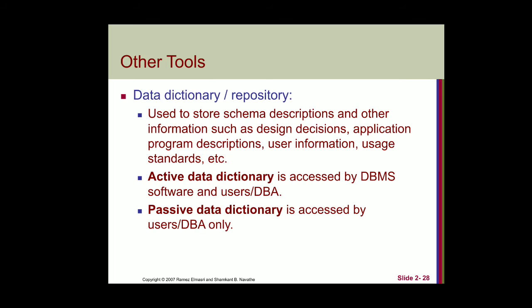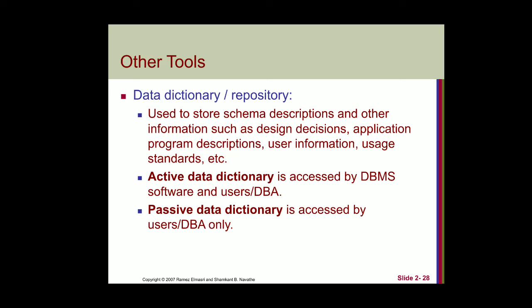Apart from those, we have other tools like the data dictionary or the repository, which is used to store schema descriptions and other information such as design decisions. When we build a particular database, we take some decisions, right? Based on a decision, by interacting with the various stakeholders, a particular design will be finalized. Why was this design finalized? What are the things behind this diagram? All these things we will be storing in a particular place, right? That is a repository. Then application program descriptions, user information, user standards, everything will be stored in a particular repository